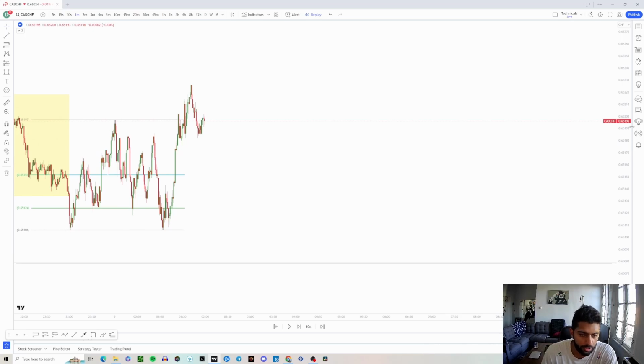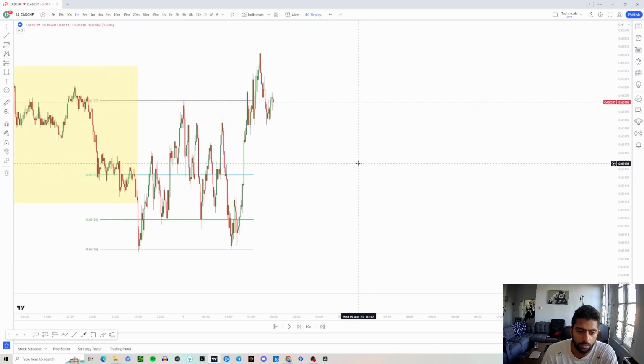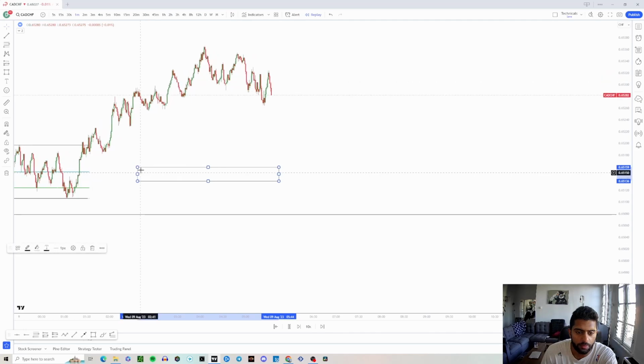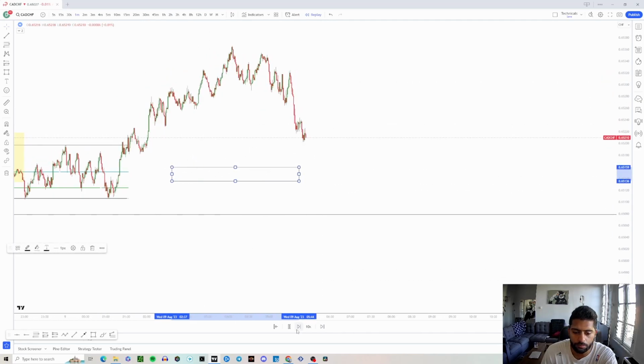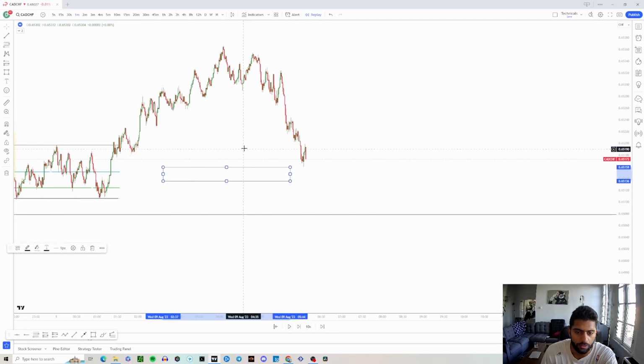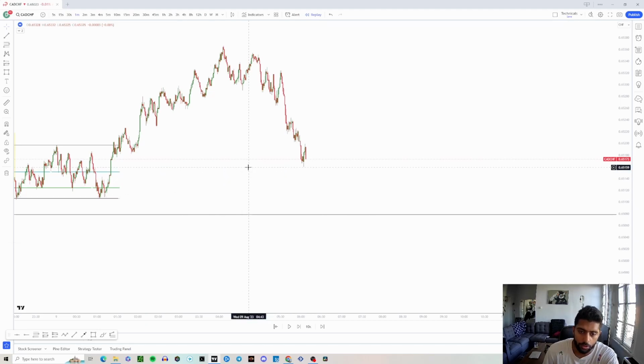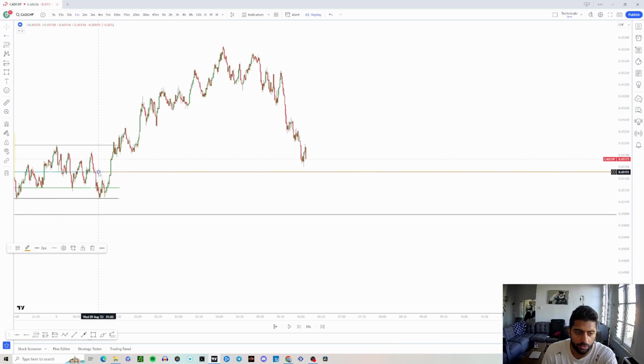Price broke structure, and now I wanted to come back into discounted levels again, see if I could get a lower time frame confirmation to play. Really waiting for a lower time frame confirmation in this zone. Okay, so price has entered around here. Anything under this zone is technically demand. So at this point, waiting for a lower time frame schematic to play out.